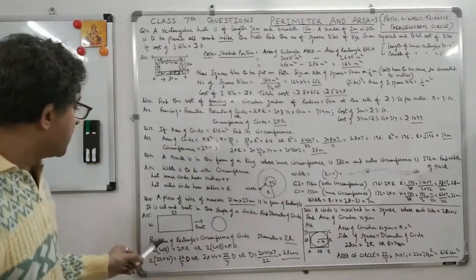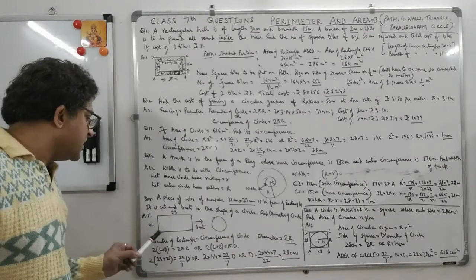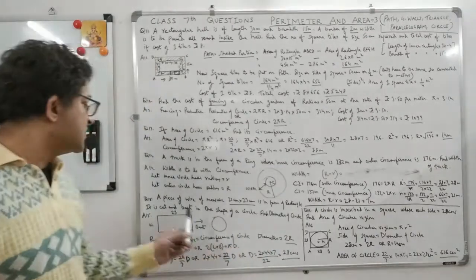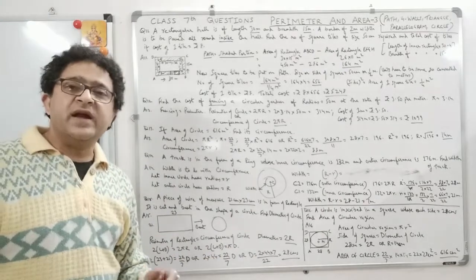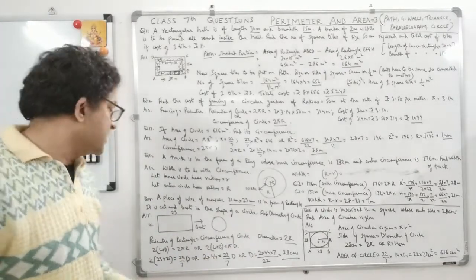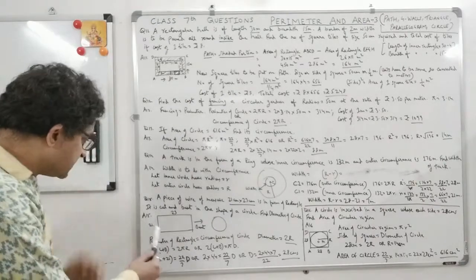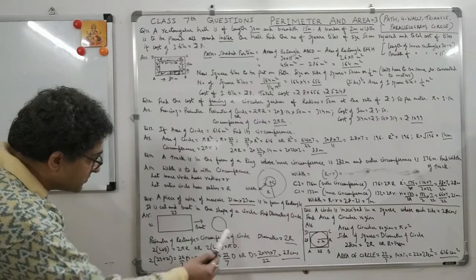So you always make a diagram. 23 and 21. It is bent and a circle is formed. You did these questions of rebending in square and rectangle as well. Similarly, now a rectangle is bent to form a circle. So the perimeter of the rectangle is equal to the circumference of the circle.